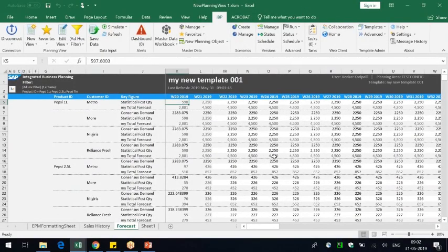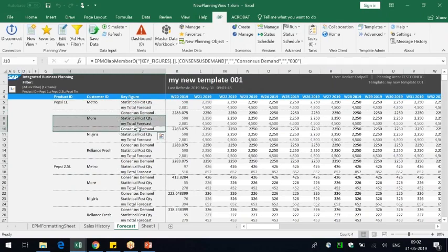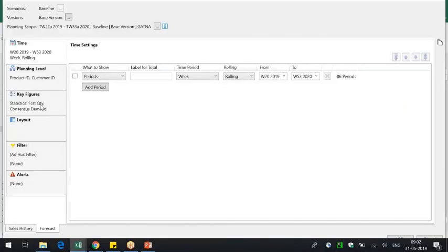You see, now these three actually have to be bordered. Because of the border, it's all looking not so good, right? So these three have to be bordered because the consensus demand, the top of thing, is there. So what we told is, ideally the planner will not change the first key figure, right?